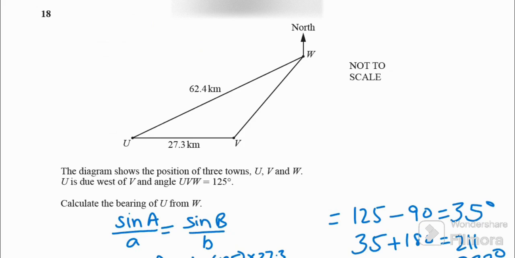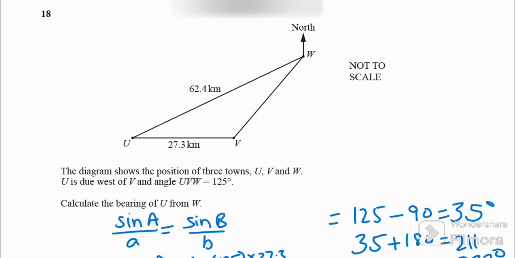The diagram shows the position of the three towns U, V, and W. U is due west of V, and angle UVW is equal to 125 degrees. Calculate the bearing of U from W. So what we will do is use the sine rule, because we have already calculated UVW